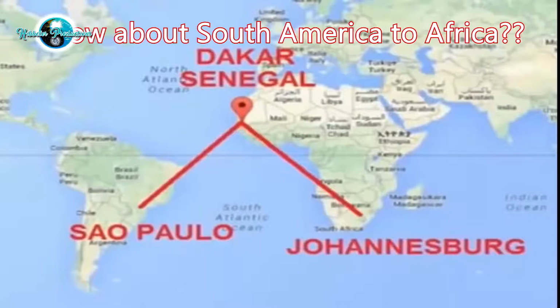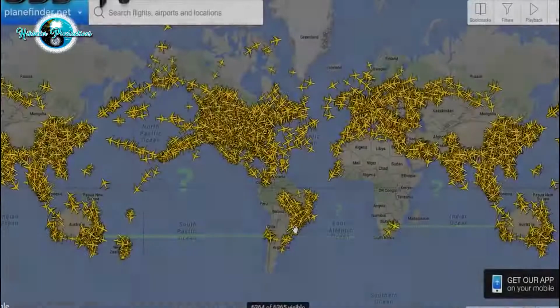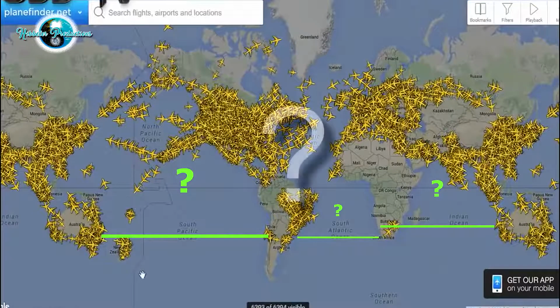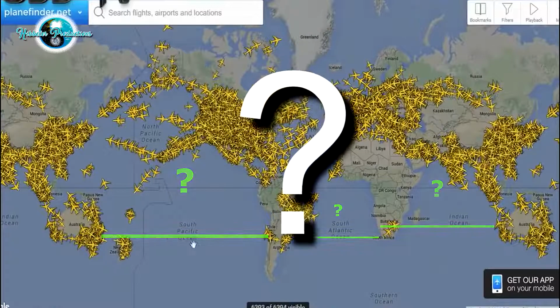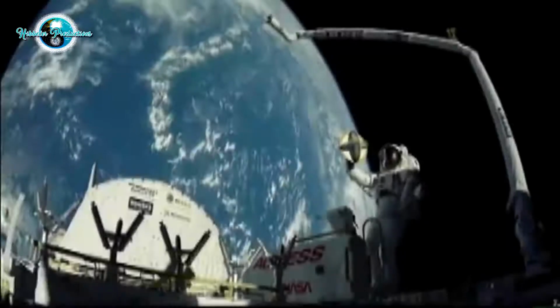Flat Earthers, it's time. We are going to destroy the Globeheads' arguments concerning flight routes. When you go onto the plane tracking software, you'll see hundreds and hundreds of flights over the northern hemisphere, and you can track those flights from beginning to end. When you look at any flight in the southern hemisphere, what you'll find is the flight takes off and disappears off the tracking. And that only leaves why.